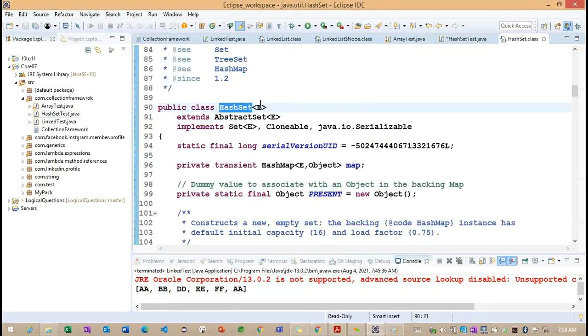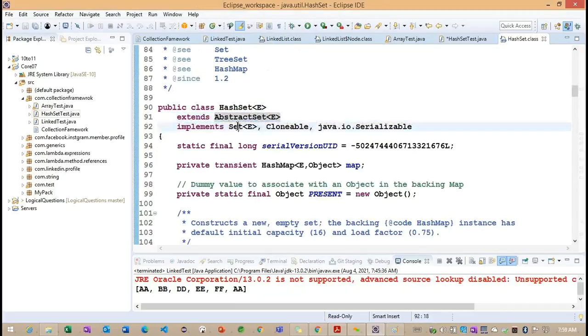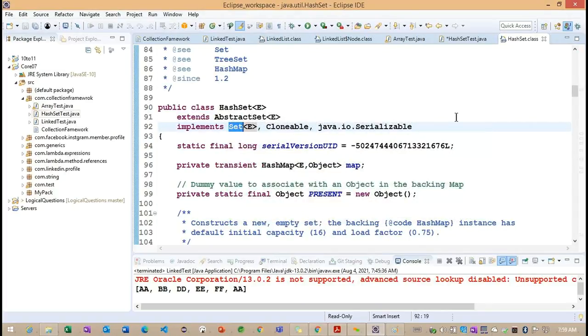You can see HashSet extends AbstractSet, which implements the Set interface. We already identified that Set does not have any specific methods. Whatever methods we have all come from the Collection interface.